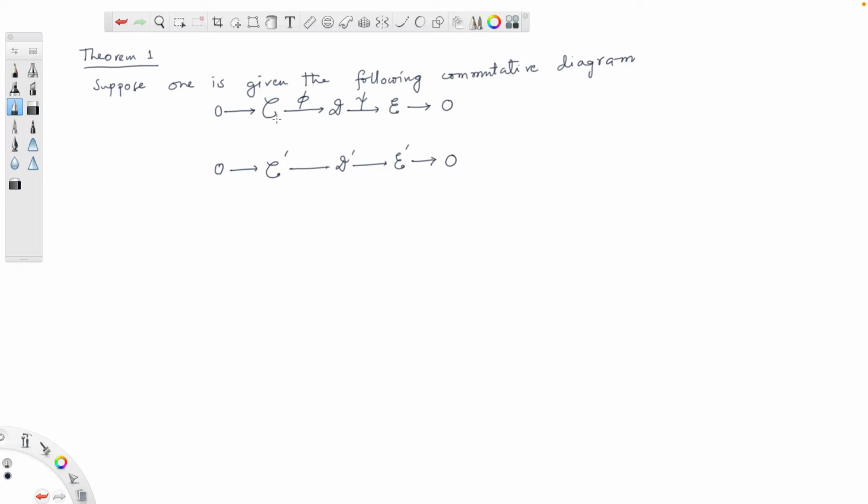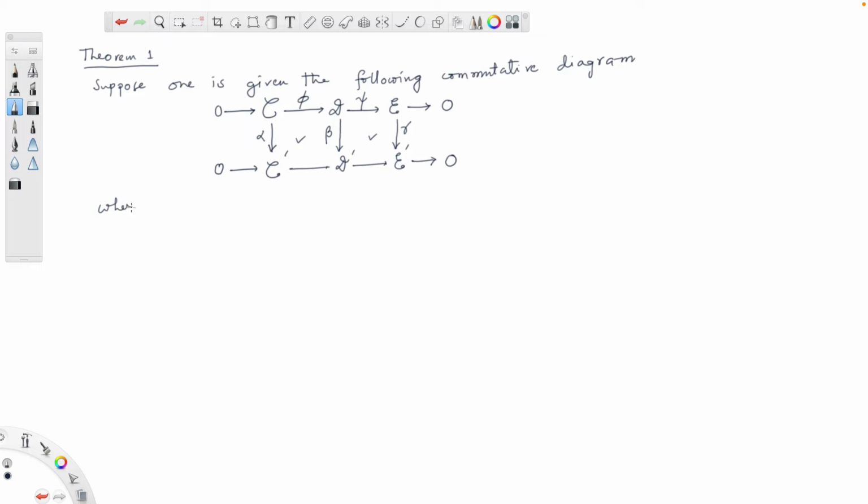There is a chain map from C to C prime, which we denote by alpha. There is a chain map from D to D prime, which we denote by beta. And there is a chain map from E to E prime, which we denote by gamma. So this is a commutative diagram